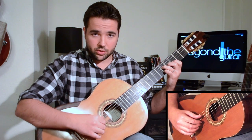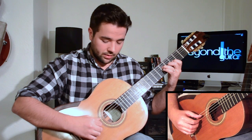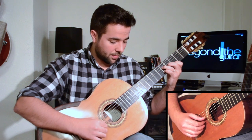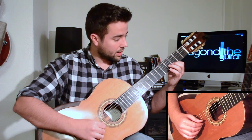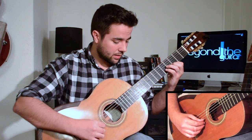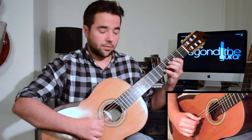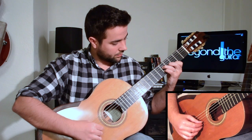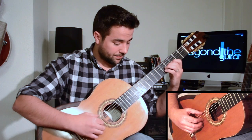Okay, make sure you pay attention to my right hand here to see how I've fingered it. So I come up with the thumb, middle finger, thumb, and then here, middle again, middle finger, and that's the 1st finger on the 3rd fret of the 1st string. And then I come back to the 5th fret here with my 4th finger. So we have. Okay, then